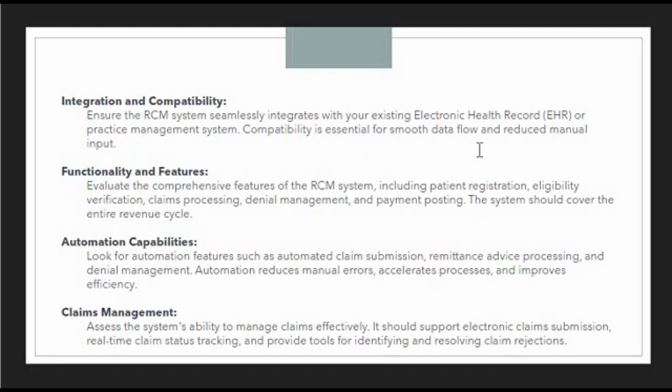We don't want to include much manual work, because that's why we are implementing this process. So it should support automated claim submission, remittance advice processing, and denial management. Then only it will help us reduce the manual errors,